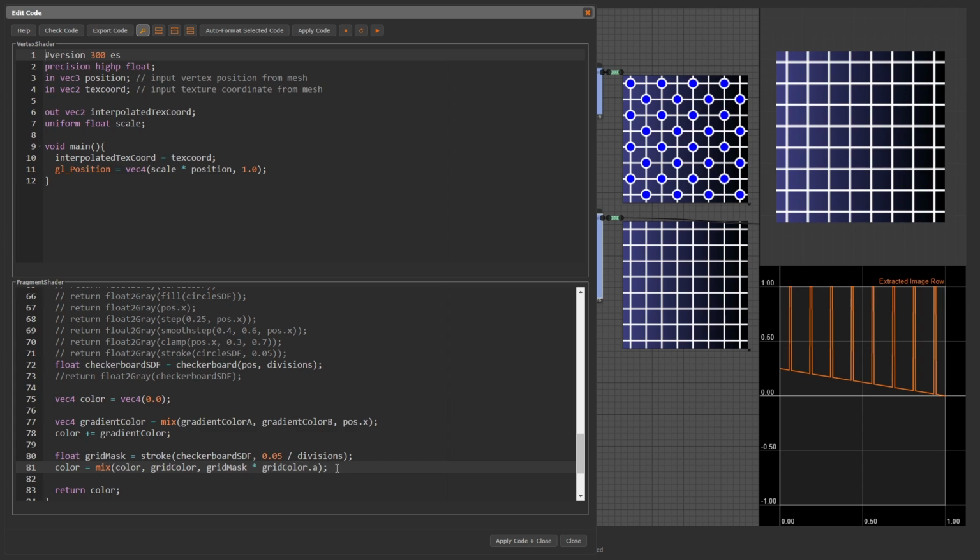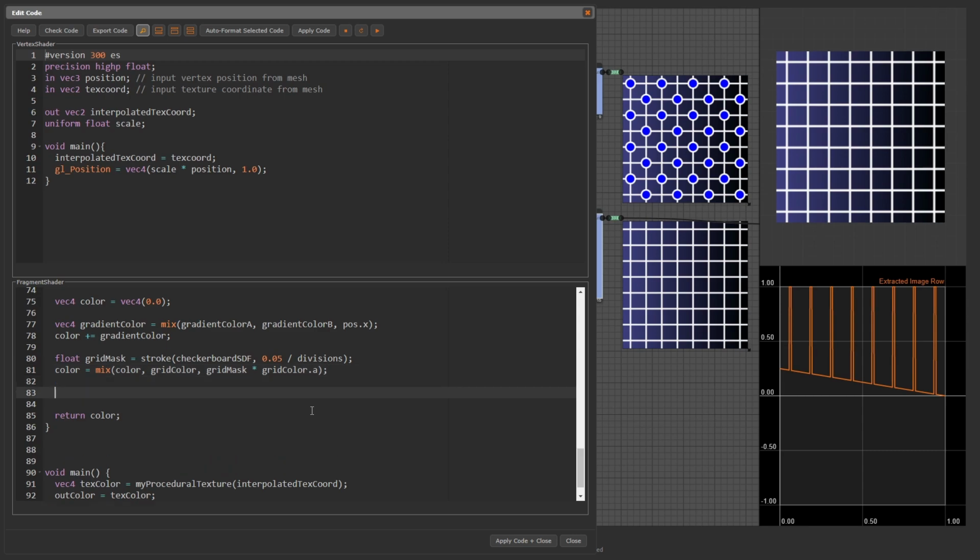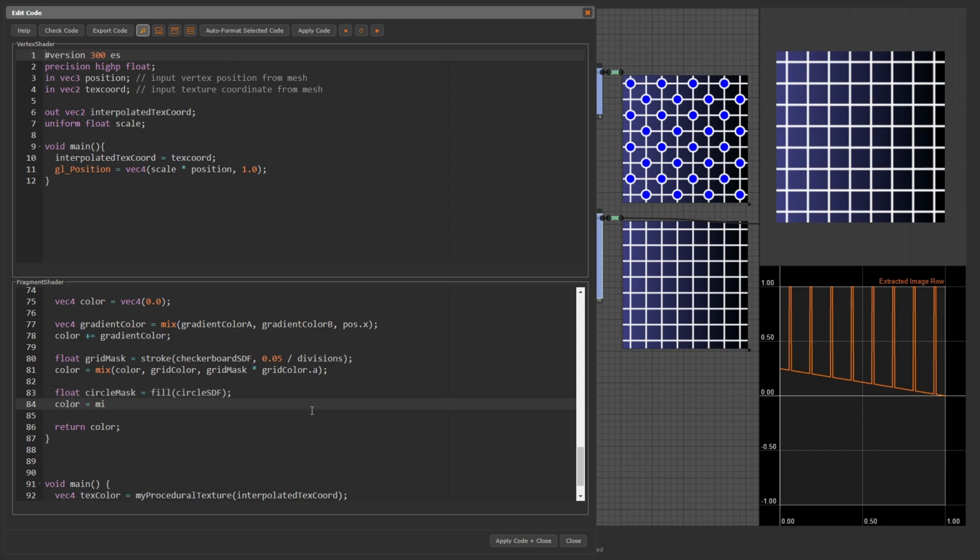This way, if the alpha channel of the grid color is less than 1, the RGB values of the grid color are weighted less in the mix. Now we draw the filled circle. Float circle mask equals fill circle SDF, color equals mix color fill color circle mask times fill color.a.